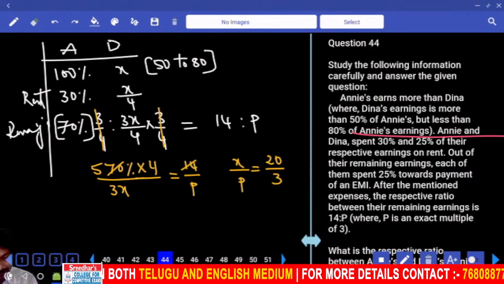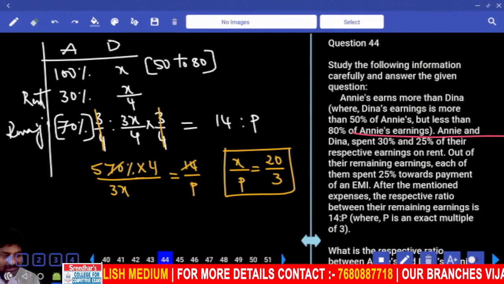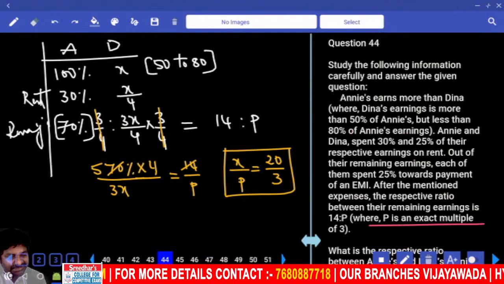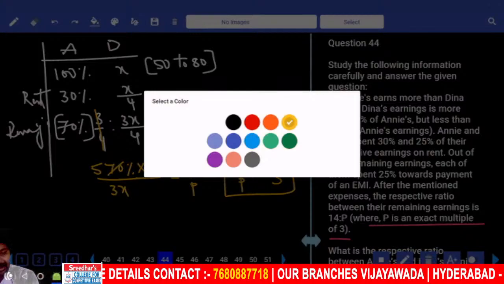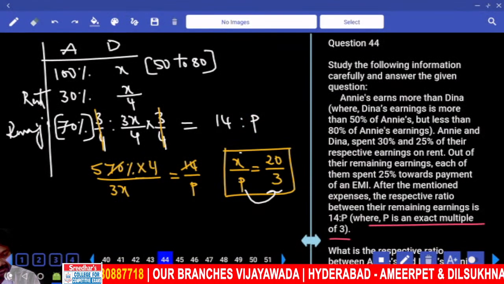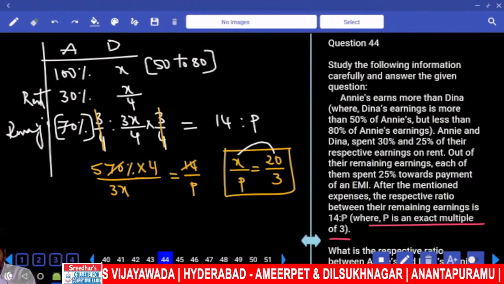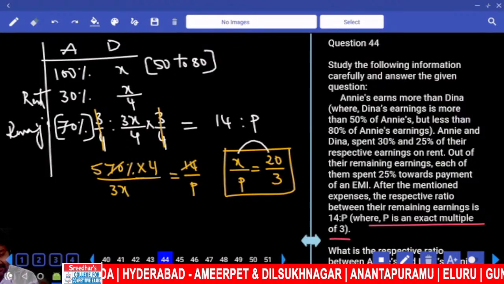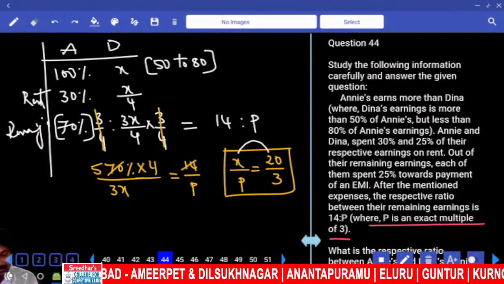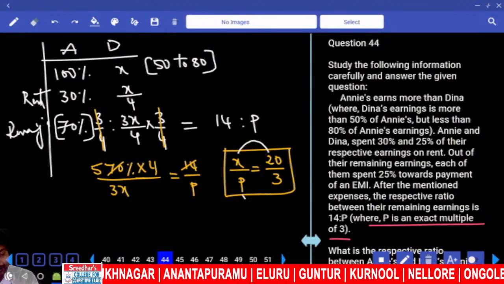You got it? X by P is equal to 20 by 3. P is an exact multiple of 3. We already got that. P is equal to 3 parts. X is equal to 20 parts. From this, x is a multiple of 5. P is a multiple of